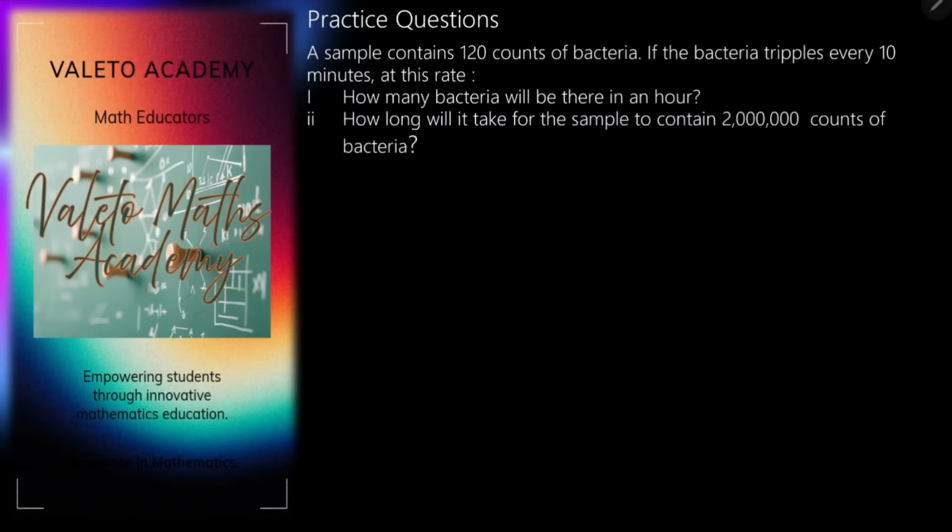so a sample contains 120 counts of bacteria. If the bacteria triples every 10 minutes at this rate, number one, calculate how many bacteria will be there in an hour. Number two, how long will it take for the sample to contain 2 million counts of bacteria? Okay, so this is exponential growth. So we use the formula y is equal to a into b raised to power nt, where n is the number of times it multiplies itself in an hour and t is